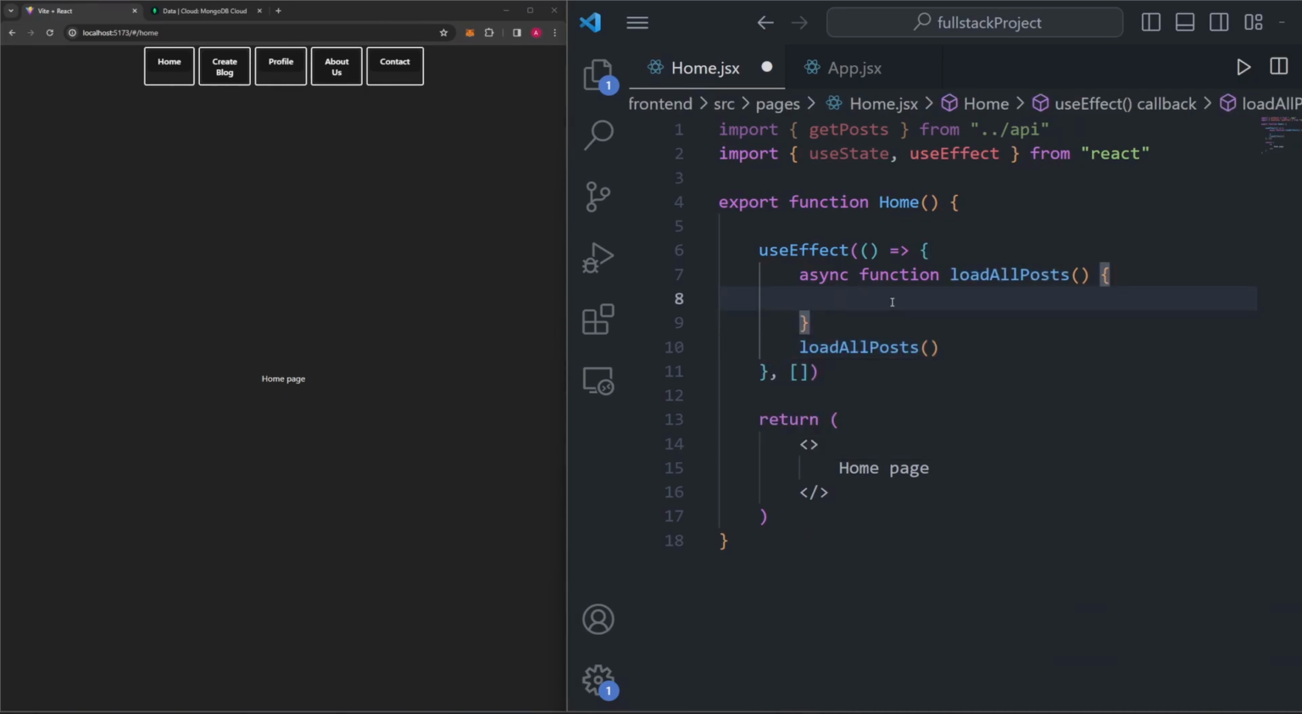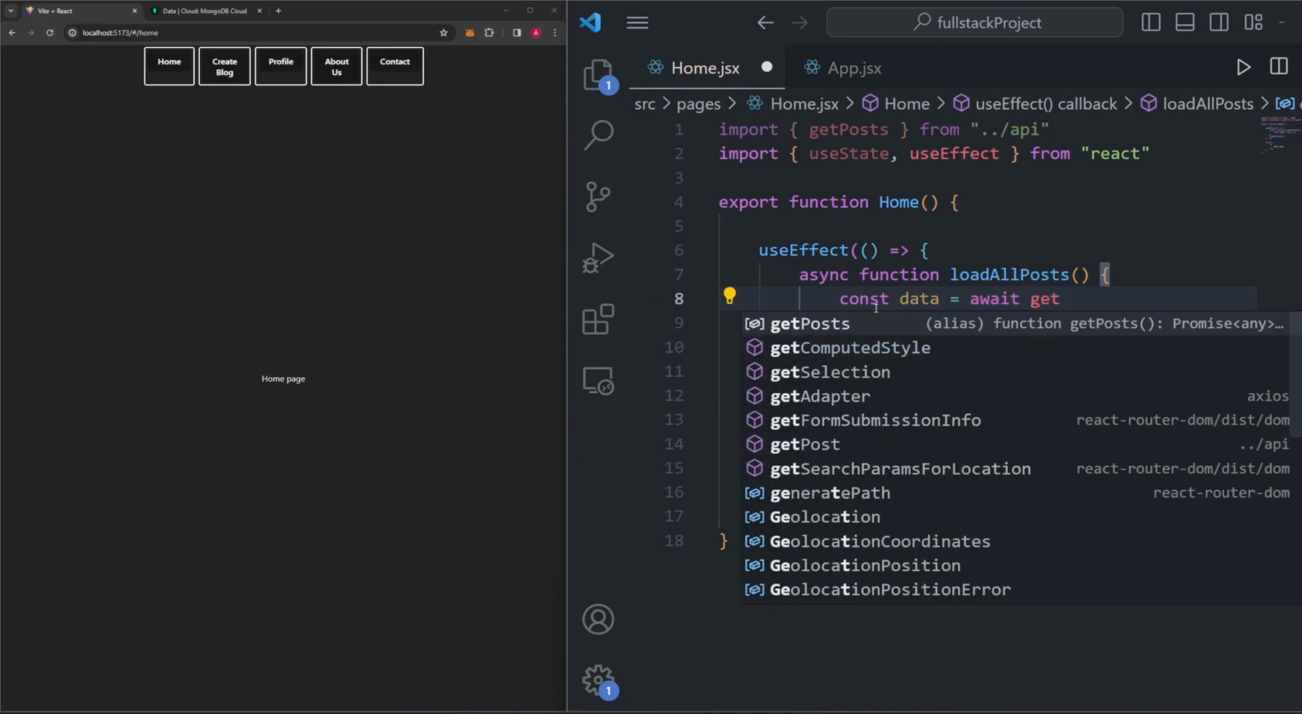Now, the question is, what do we put inside this load all post function? Well, the first thing we should do is call the getPost function we imported from our API file and store it in a variable so we can use it later. To do this, I'll just make a variable. I'll call it, let's just say data for right now, and I'll set it equal to this function call. I'll say await because it's asynchronous,